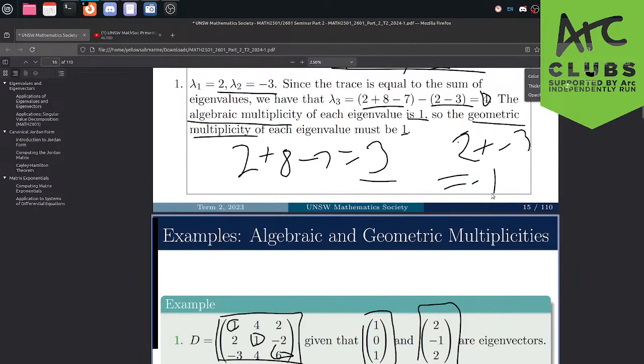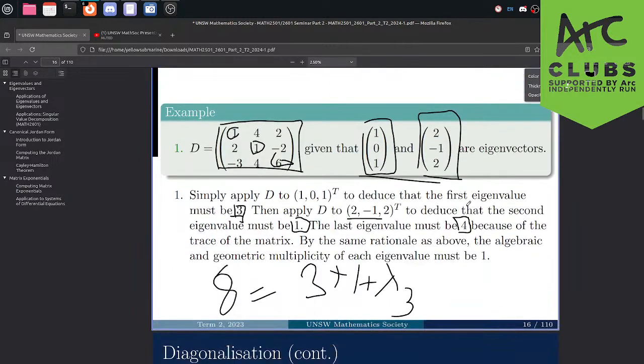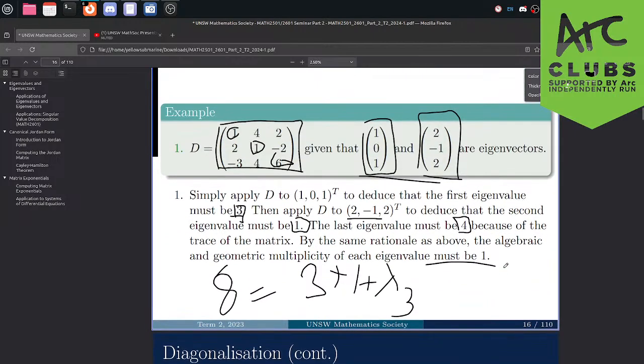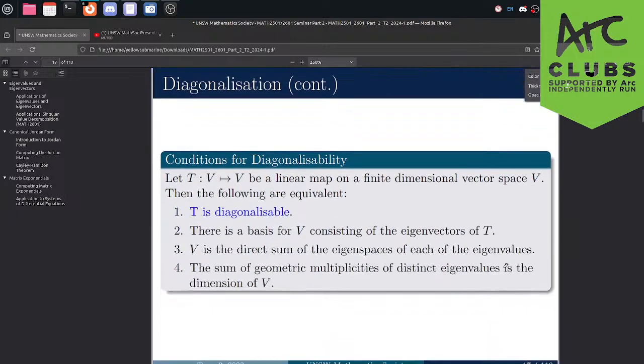And then by exactly the same reasoning here, the sum of the algebraic multiplicities must be less than or equal to the dimension of R3, right? And that must mean the algebraic multiplicities are all evenly distributed to 1 because there's no more space to fit. Geometric multiplicities are less than or equal to the algebraic ones, but at least 1, and at least 1. So everything is 1. All multiplicities are 1, algebraic or geometric. All right.